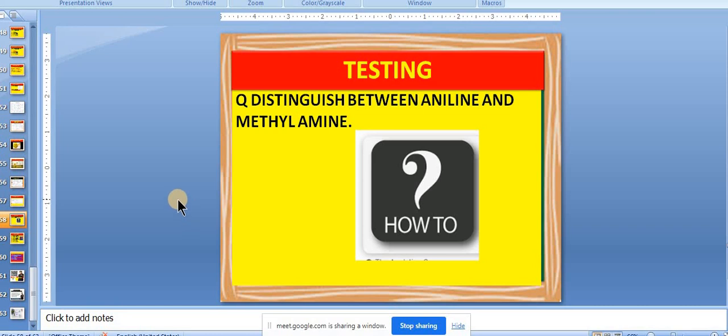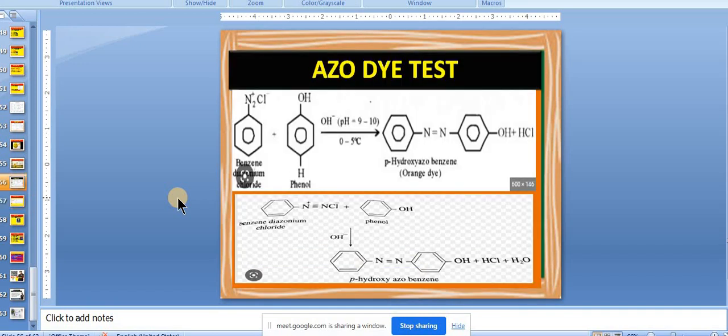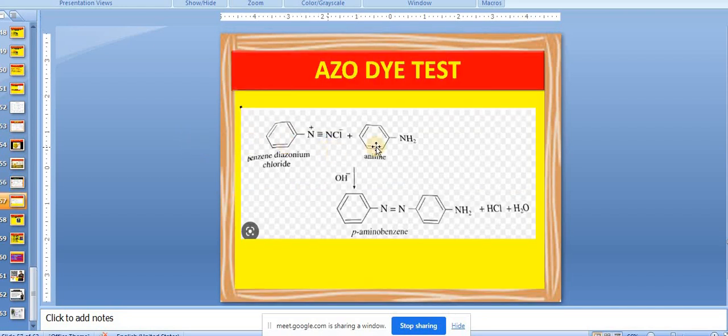Can you just go 2 slides back? Here? Yes, sir. So this is alkaline medium, right? Yeah, and the next one is acidic. We can remember in this manner: phenol is acidic, the medium is alkaline. And here aniline is basic, the medium is acidic. Here the error is it's not OH inactive, it is H+. H+ will come because pH is 4 to 5. Fine, shall we continue?